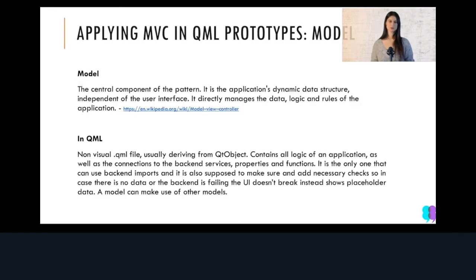So let's start from the model and see how it looks to apply this pattern on QML prototypes. So the model, it's a general definition from Wikipedia. It says that it's the central component of the pattern. It is the application's dynamic data structure. It's independent of the user interface. It directly manages the data, logic, and rules of the application. In QML words, that means that this is a non-visual QML file. Since it's non-visual, it usually derives from QtObject. And it contains all logic of an application, as well as the connections to the backend services and application-specific properties